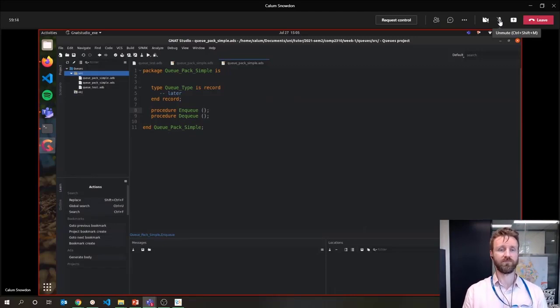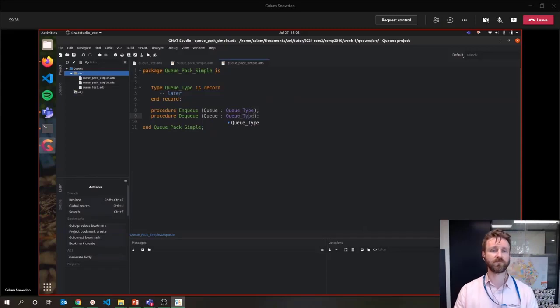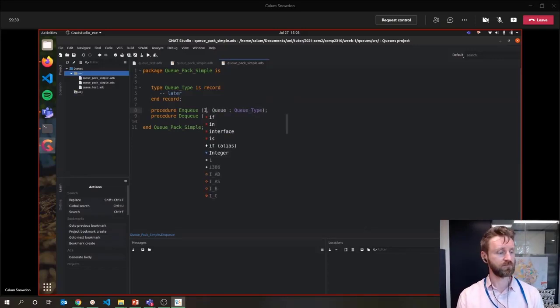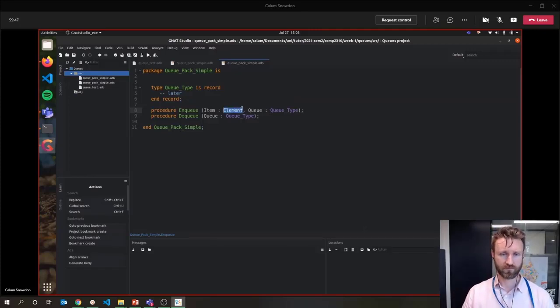These procedures are going to need some parameters. So they're going to be operating on a queue. So we need to put a queue into the procedure. And for enqueue, we're also going to need to put in an element to add to the queue. Now, I've referenced this type here, element. I haven't discussed that yet, but